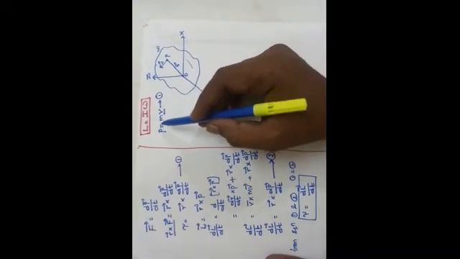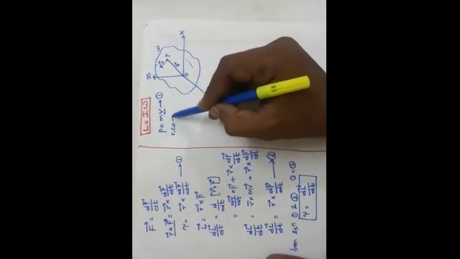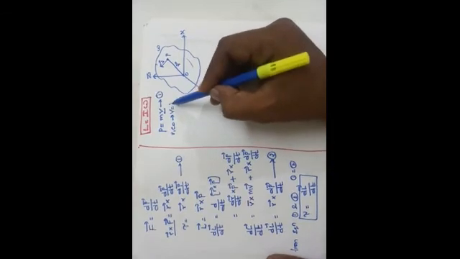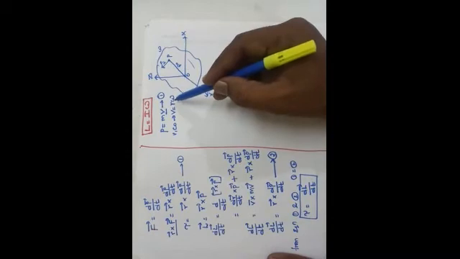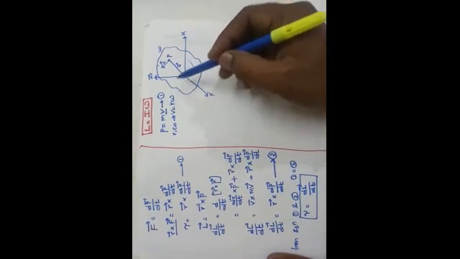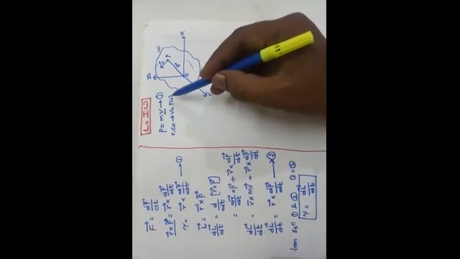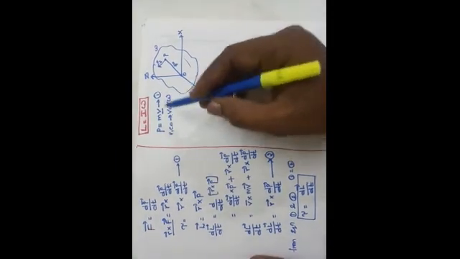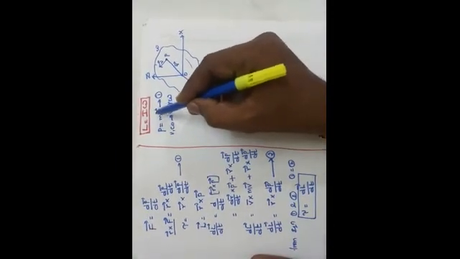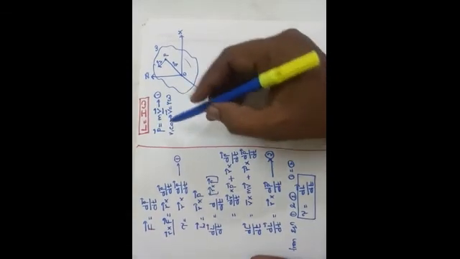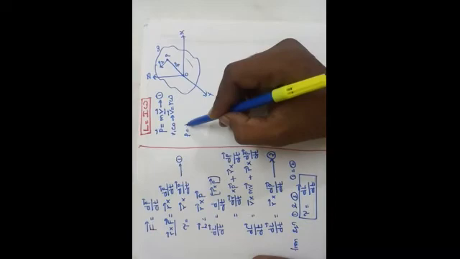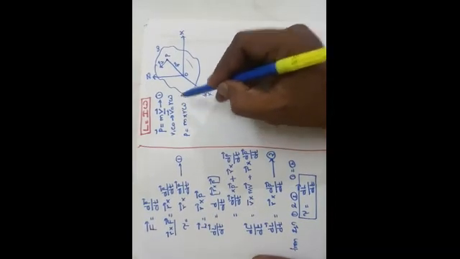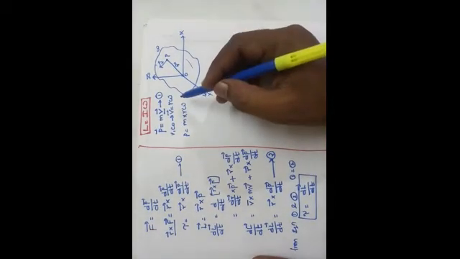And what is the relation between v and omega? The relation between them is v equal to r omega. Linear velocity equals the product of r bar and angular velocity. Substitute in the above equation, here you have to take bar, no problem. Substituting, we get P is equal to m r omega. This is equation 2.